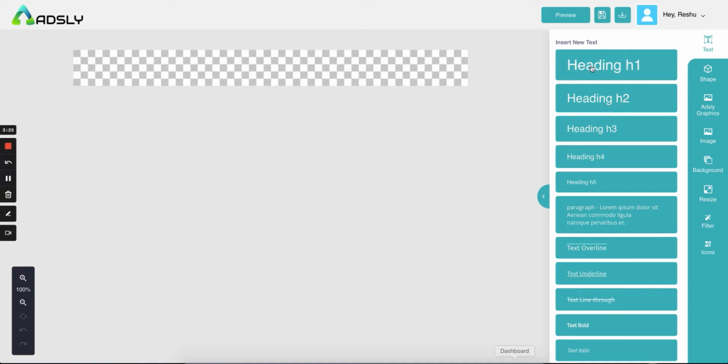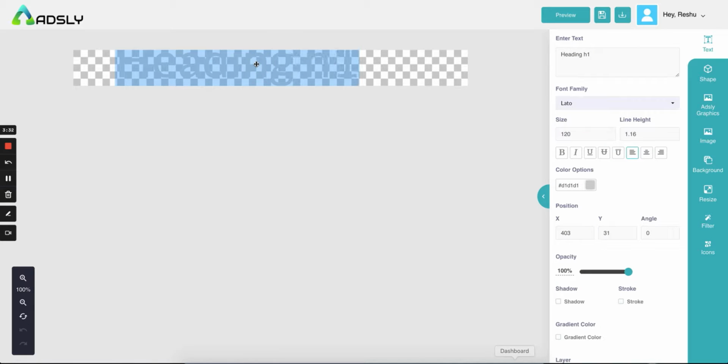First option is text. If you need to add your text on the Google ad, this is what you will use. I'll just show it to you. Simply anything you can write, Adsly, and the whole editor is well equipped with keyboard editing, so you can use keyboard shortcuts to undo, to redo, to copy, to paste, so that it's easier for you.